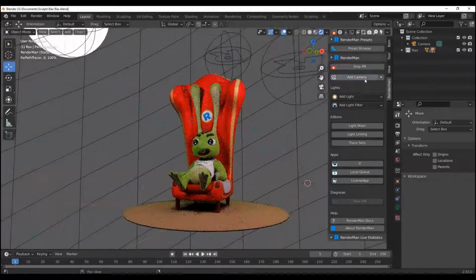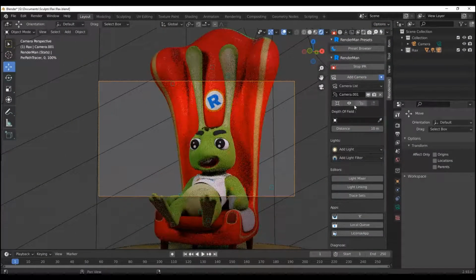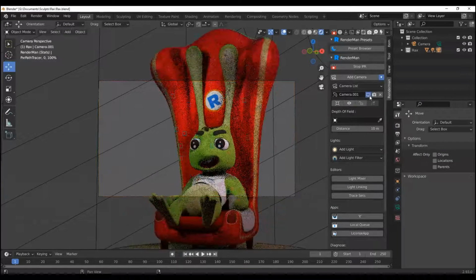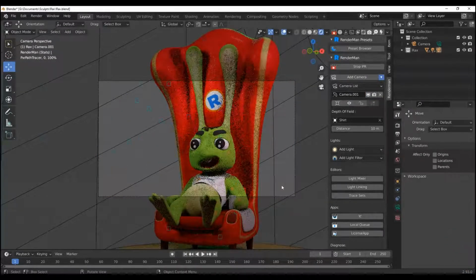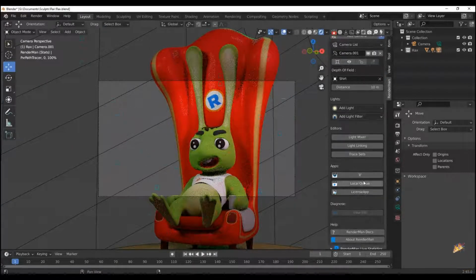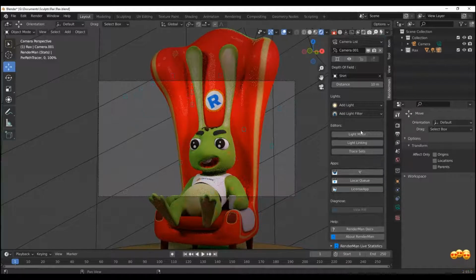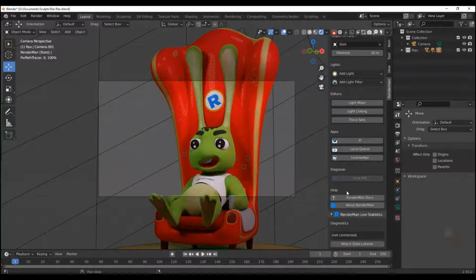You can add cameras, lock the cameras, preview these cameras within your viewport, make these cameras visible within your viewport or within the rendering time, set your depth of field, set the distance as much as you want, play with lights, add different kinds of light filters, and you can even play with the light editors. You may also want to take a look at one of my personal favorite, and that is the RenderMan Live